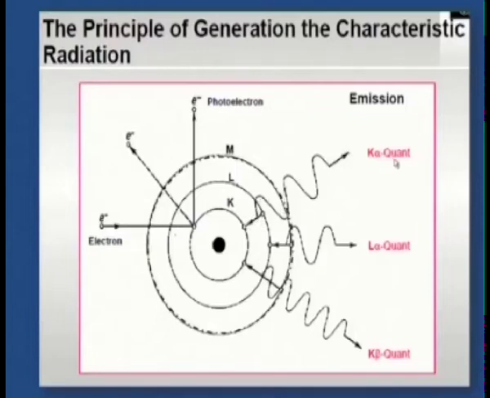It is called the K alpha quantum, a radiation which is called K alpha. Similarly, you will have K beta. K beta is when the electron is knocked off from the K shell and an electron from the M shell goes to the K shell. That is called the K beta quantum. I will show in the slides to come the K alpha radiation and the K beta radiation